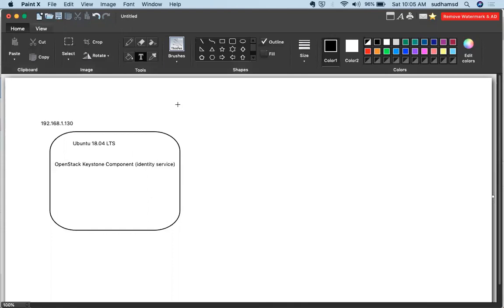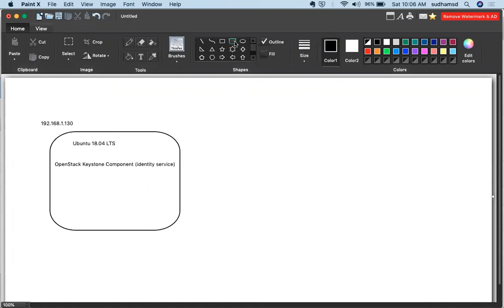Similar to that, if you want to set up your own cloud environment, OpenStack is one of the communities, which is open source, where you can build your own cloud setup. Keystone is one of its components. Since we only need the authentication and authorization mechanism in Kubernetes, I want to use only OpenStack Keystone. I am not worried about the other components, because I am purely concentrating on this component, which I am using in my Kubernetes cluster to set up the authentication mechanism.